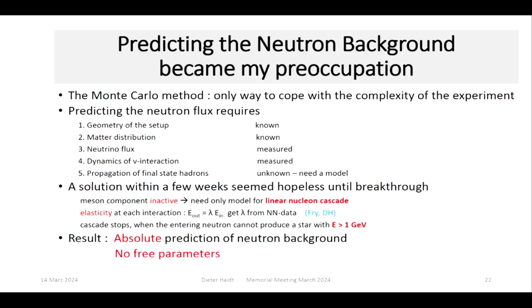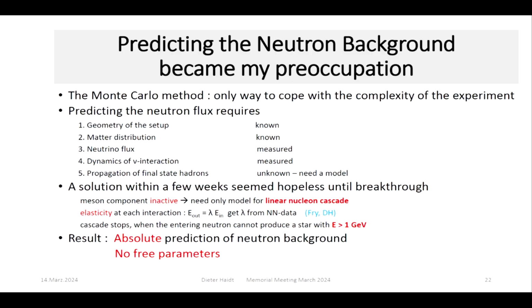This meant one had to make a prediction, a serious prediction of all the details of the experiment. And since you have seen the whole setup is very complex, only a Monte Carlo method was able to cope with this. We needed